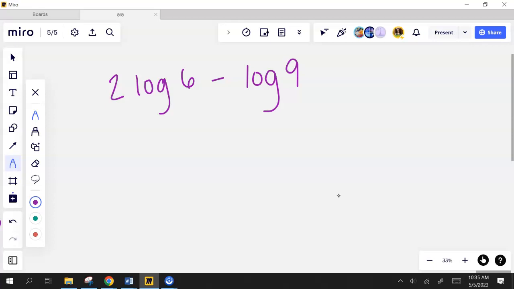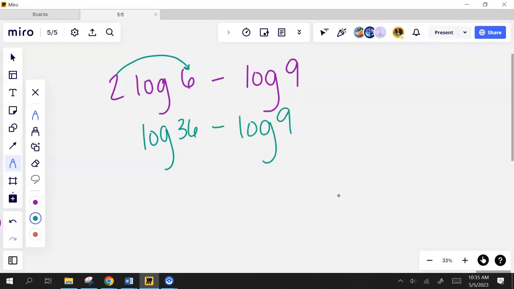What did you do first? Exponents. There's no parentheses, so move on to exponents. I got log 6 to the second is 36. Now what? Divide. Subtracting means to divide, right? So I'm going to do 36 divided by 9,